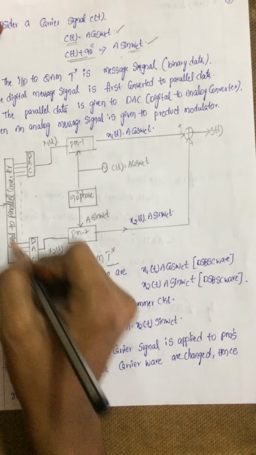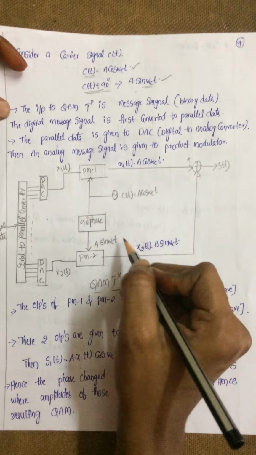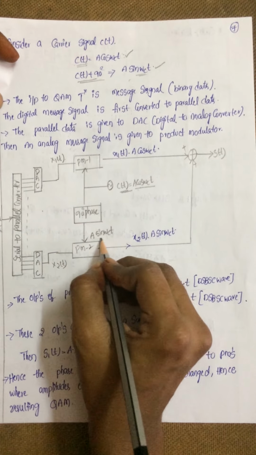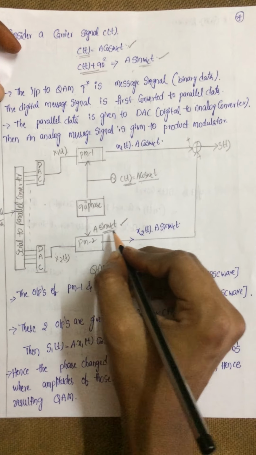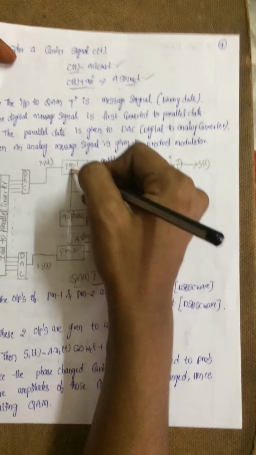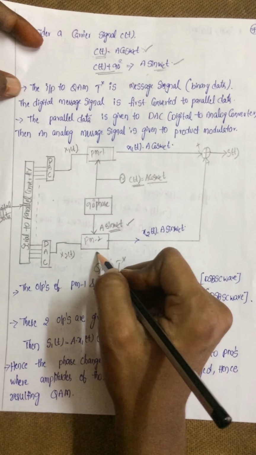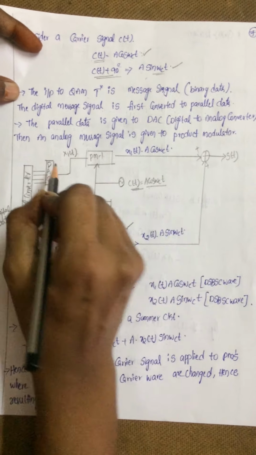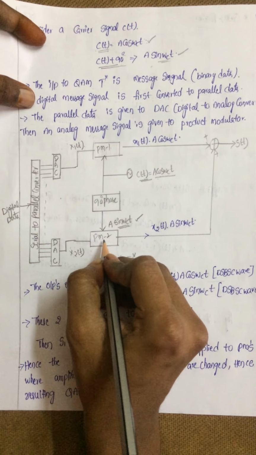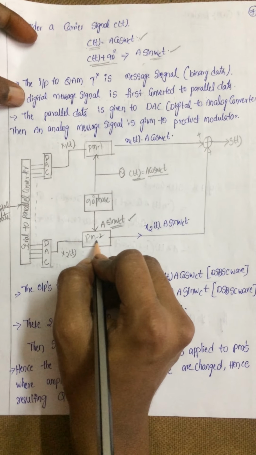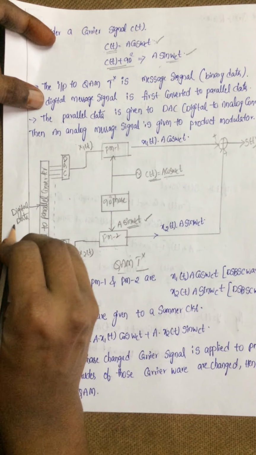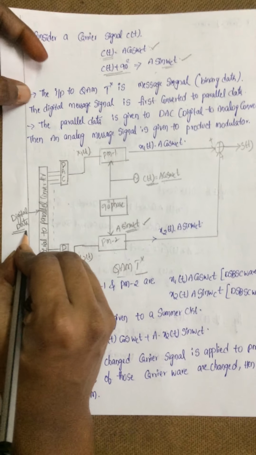Next, this is the block diagram of QAM. So I have taken C of t, that is A cos omega CT. When we apply 90 degrees, we are getting the sine of omega CT. Now to this we are applying two product modulators. Each product modulator should contain two inputs. One is the carrier, the other one is the message signal. How are we getting that message signal? For a product modulator, as we have seen already in DSBSC, we have to give a continuous signal. But here we are giving binary values, that is digital data.